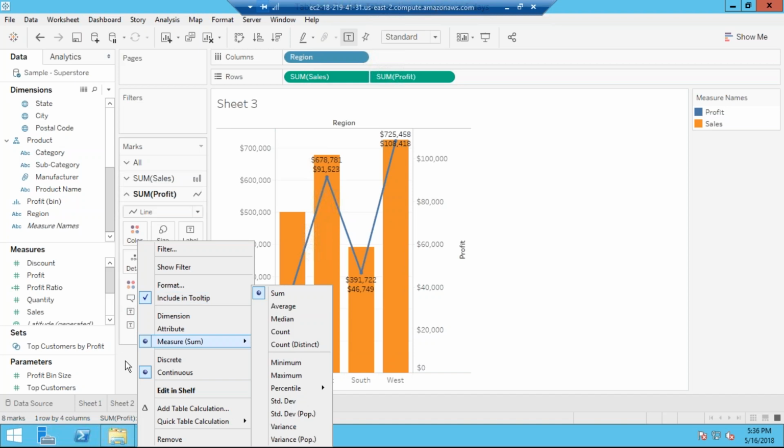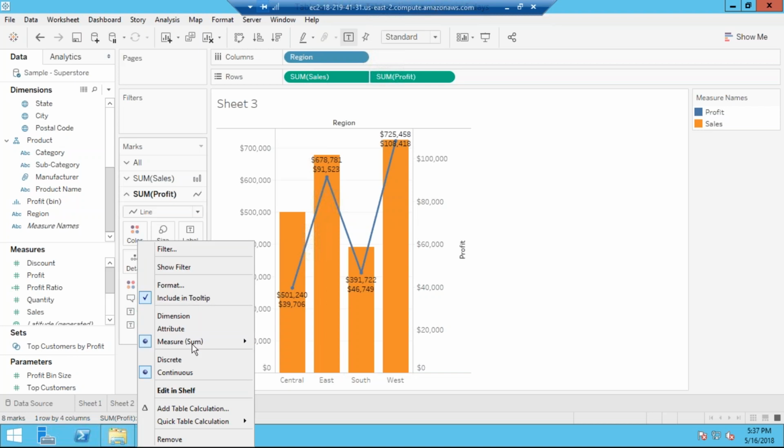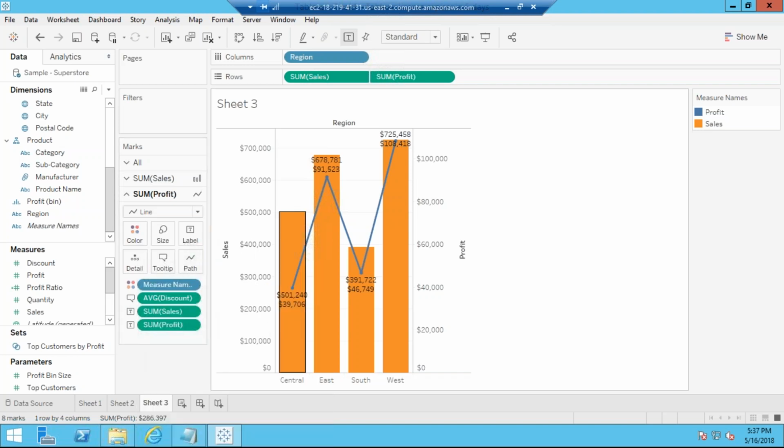So go to the measure, just click on that small icon here. You see this small icon here, sum of discount. You will have measure options and you can select any of these measures based on your requirement. Right now my requirement is to have average. So just click on this and you will see the average discount. So here you can show the values. Region central discount was given, average discount for central region is 24 and sales is this much.